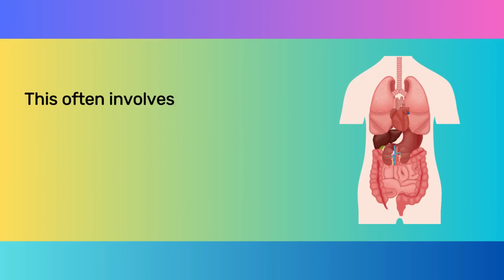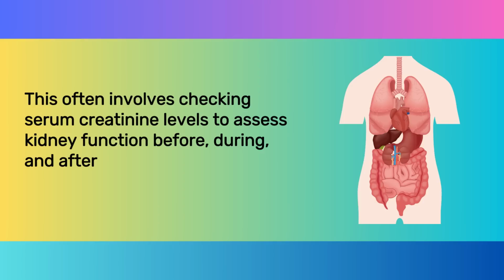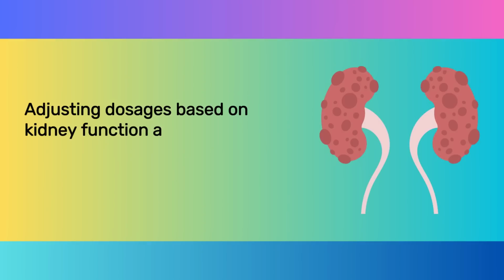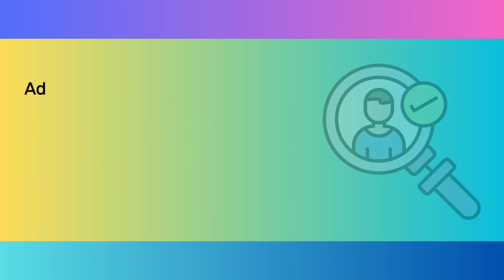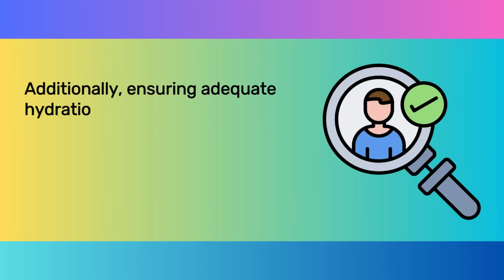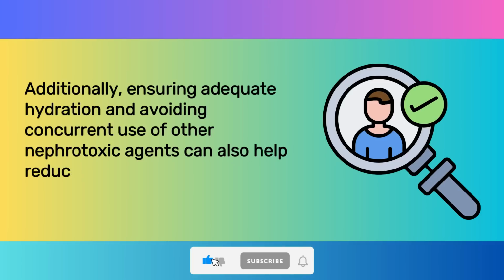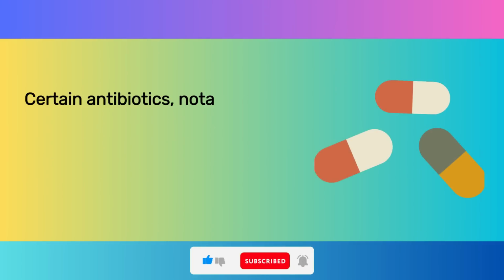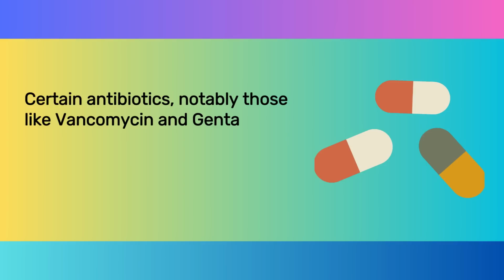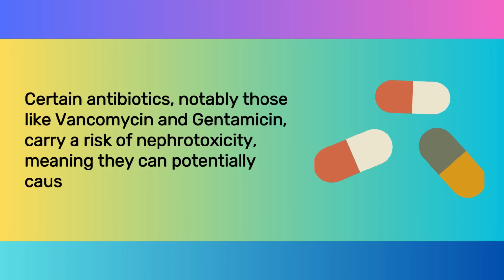This often involves checking serum creatinine levels to assess kidney function before, during, and after the course of treatment. Adjusting dosages based on kidney function and overall patient health can help mitigate the risk of renal damage. Additionally, ensuring adequate hydration and avoiding concurrent use of other nephrotoxic agents can also help reduce the likelihood of kidney injury. Certain antibiotics, notably those like vancomycin and gentamicin, carry a risk of nephrotoxicity, meaning they can potentially cause kidney